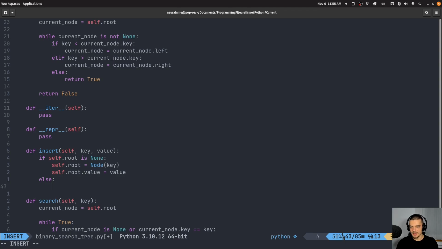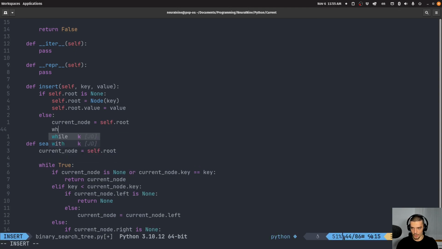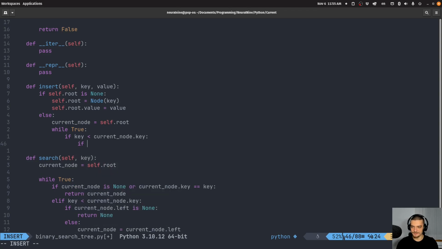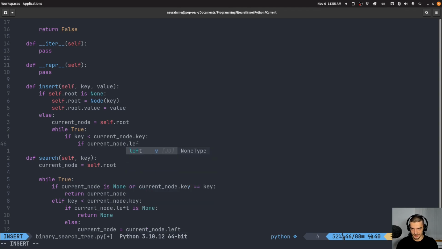So we're going to say now the root exists. So what we're going to do is play the game with the iteration again. We're going to say current node is equal to self.root. And then we're going to say while true, we're going to go left and right depending on where our key is. So if the key that we're trying to create is less than the key of the current node, we're going to do the following. If the current node has a left child node, so if current node dot left